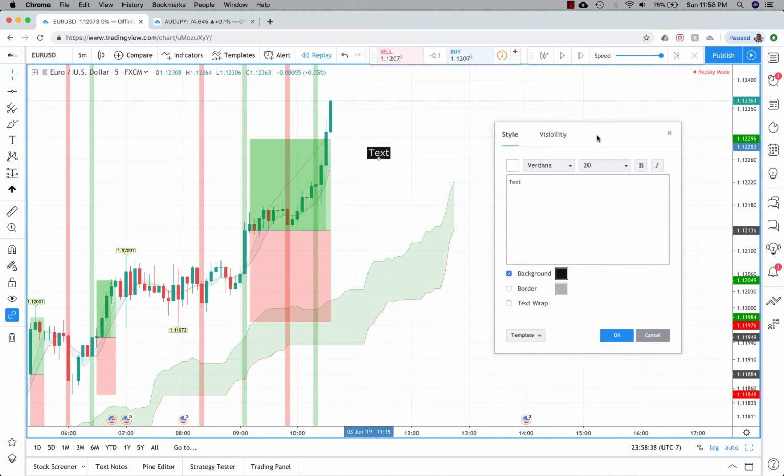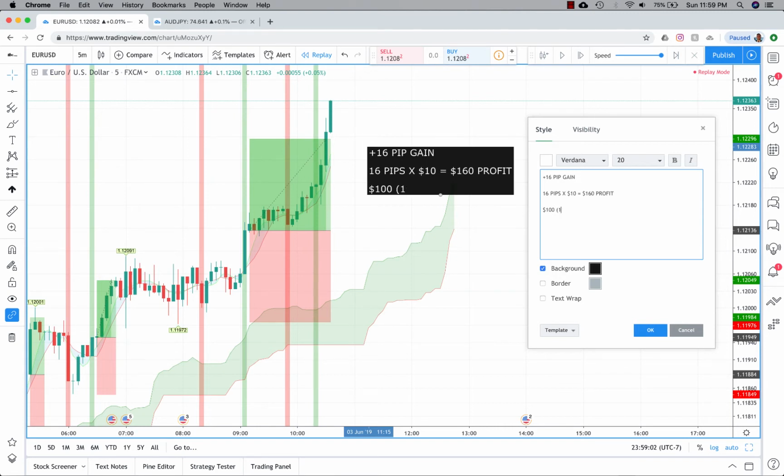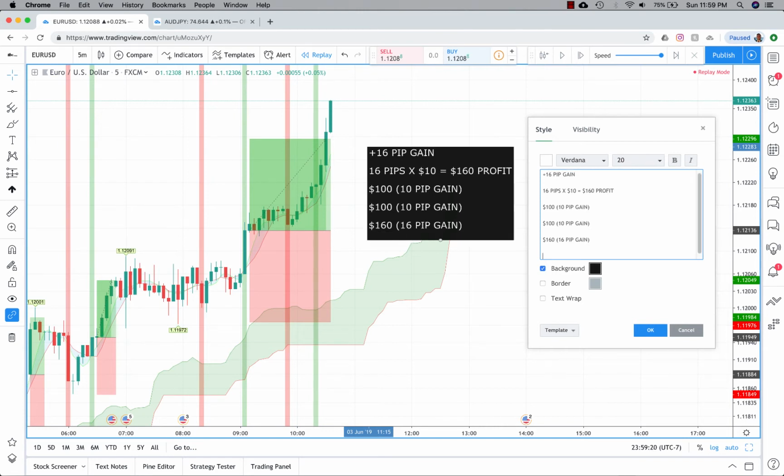And if you guys need to see how it's broken down, we made a plus 16 pip gain. So 16 pips times $10 equals $160 in profit. So earlier we won 100 when we had the 10 pip gain. We made another 100 for the 10 pip gain just recently, and then on this one we made a $160 profit from a 16 pip gain. So in total we made 360